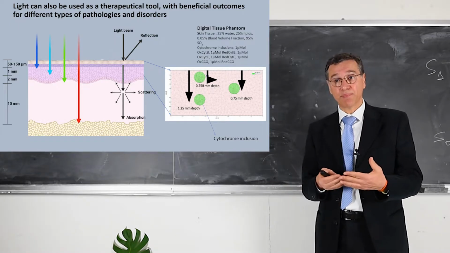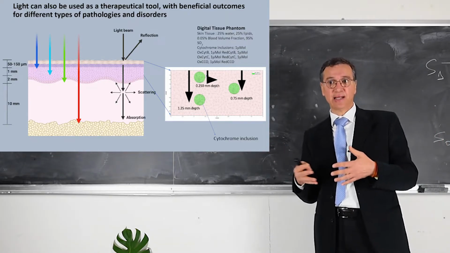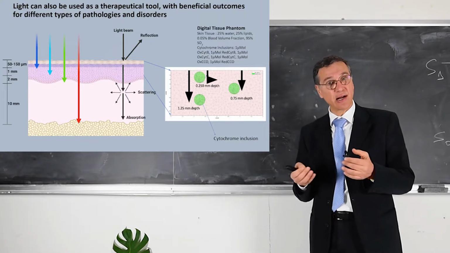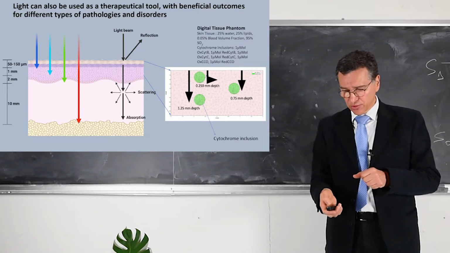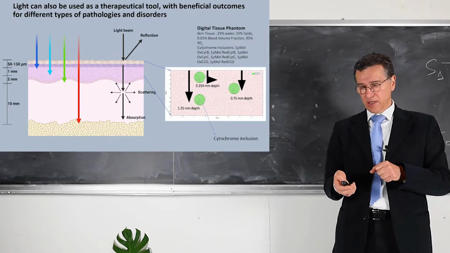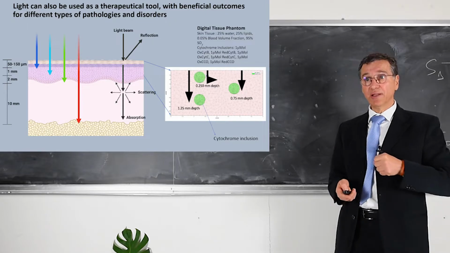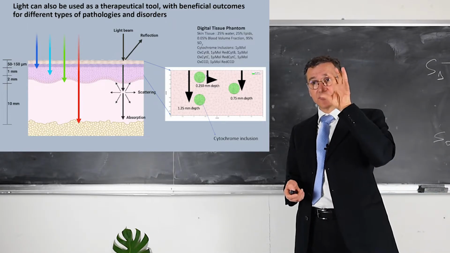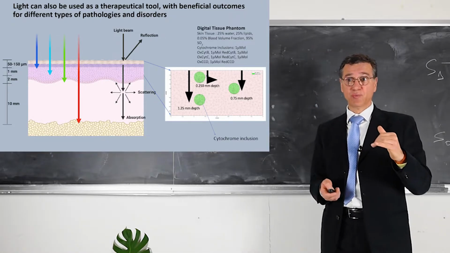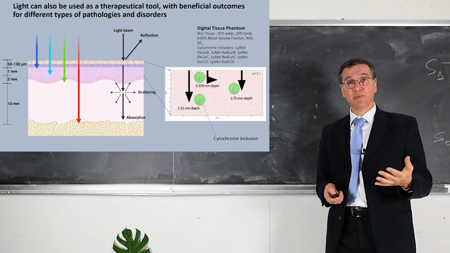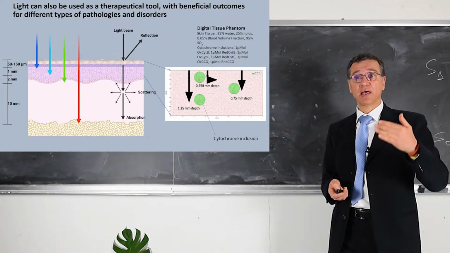But what about the absorption? So if we put together absorption and scattering, and we simulate the tissue with a Monte Carlo simulation, we see here, for example, that we are able to study the effects of interaction of light with cytochrome. For example, in this tissue phantom, we inserted 3 inclusions of cytochromes at 3 different depths. The first one very superficial, 0.25 millimeter. The second one a little bit deeper, 0.75, and the third one a little bit deeper,